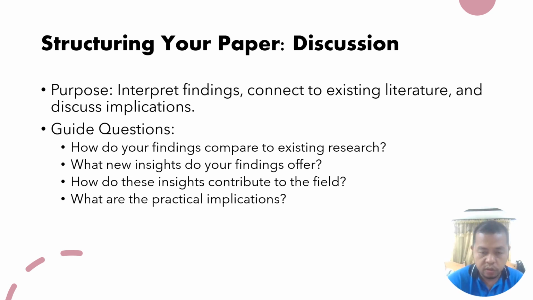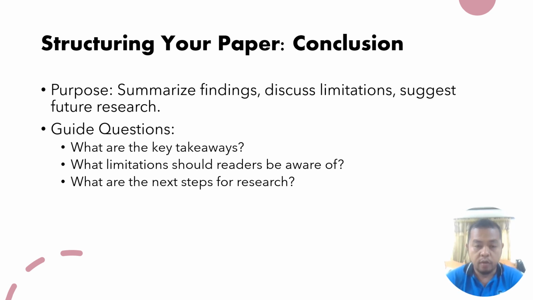So having the results and having the discussion, now you proceed to the conclusion. Okay. Now in the conclusion, you will summarize your findings, discuss limitations, and suggest future research or suggest recommendations. That's why in other journals they will write conclusions and recommendations. So what are your conclusions, and then what are your recommendations? Sometimes you can recommend a policy brief or extension, trainings and seminars, capacity building, and all. So it is there.